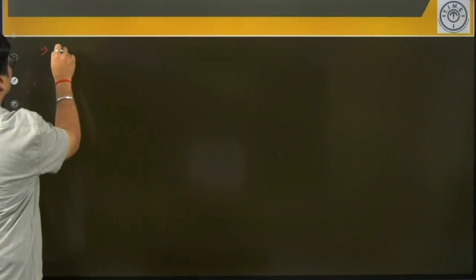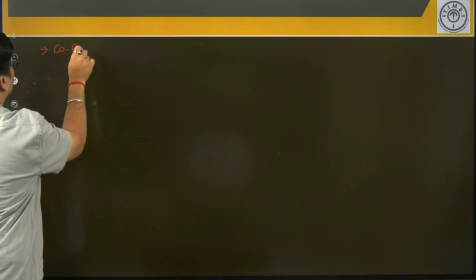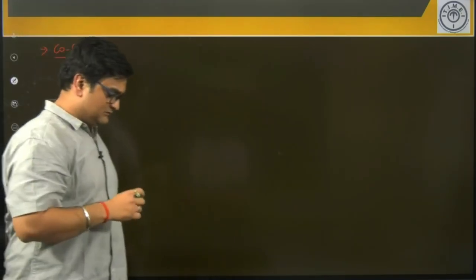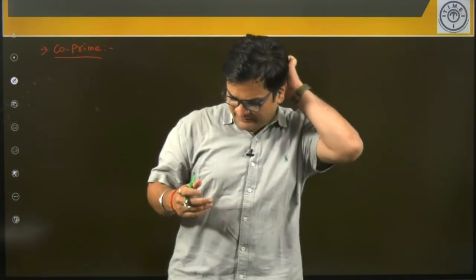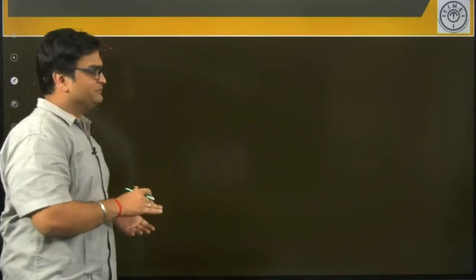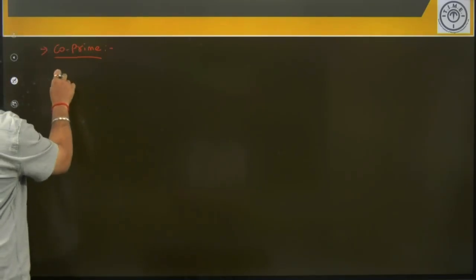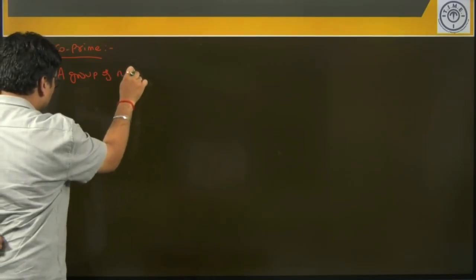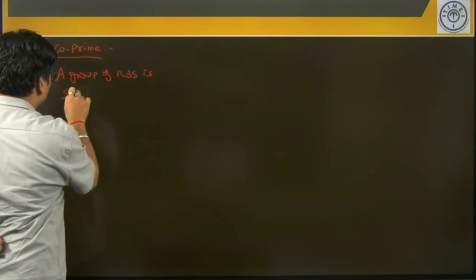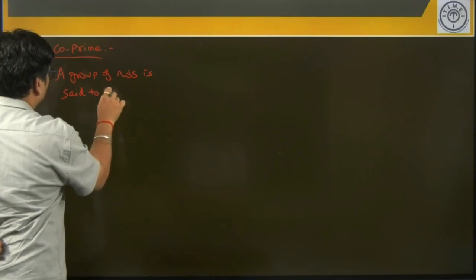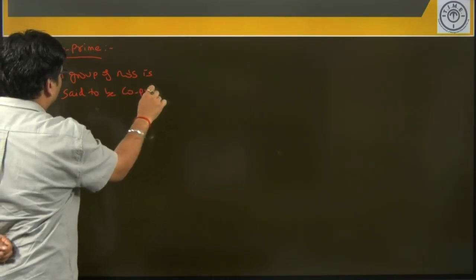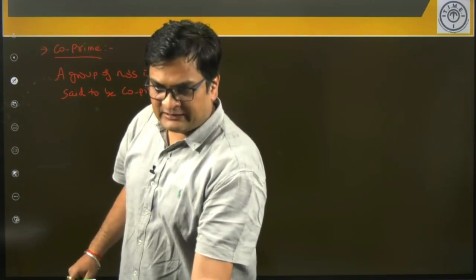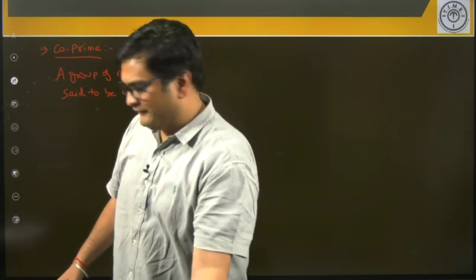the concept of coprimes. Let us start with this. Now, what do you mean by coprime? What do you mean by coprime pair? What do you mean by coprime group? Let us try to understand that. A group of numbers is said to be coprime if there exists no common factor